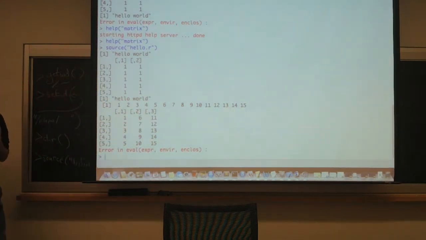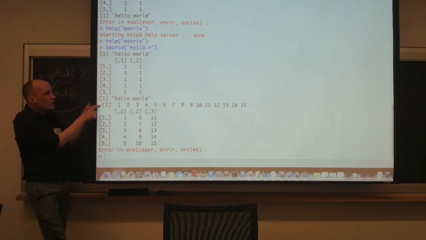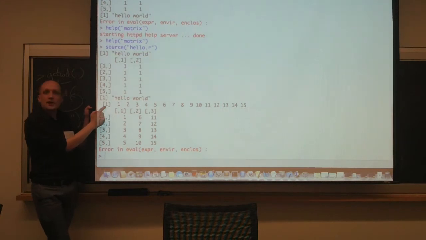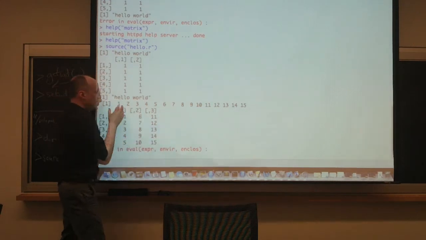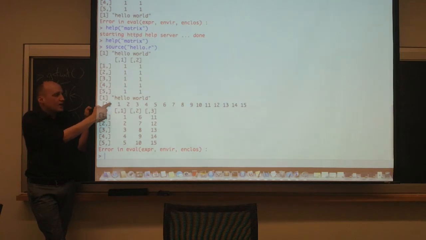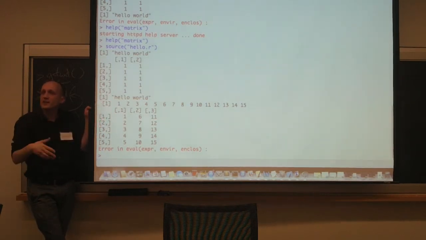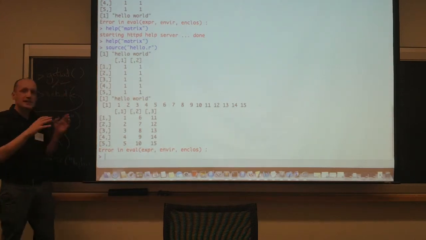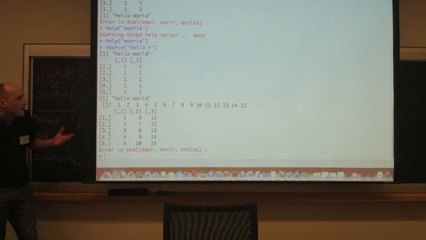You'll notice that when you print something out, and you don't tell it anything, R thinks everything is an array. Even though there are all these crazy types, it's storing it as an array. So for everything you print, this first little symbol here is the row number of the array. So I constructed a vector that went from 1 to 15, and it saved that vector as an element in the first row of an array. If you don't want that 1 to be there, there are other print statements that are a little cleaner, nicer looking to the eye, like cat instead of print. Cat gives you a little more control over what print looks like, but we'll stick with print for right now.